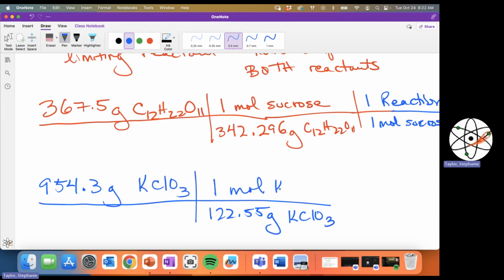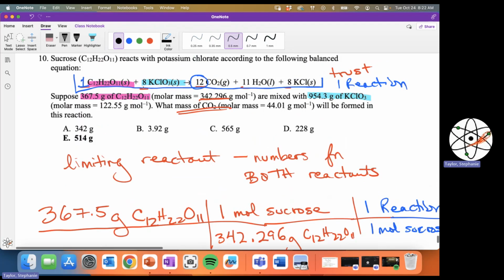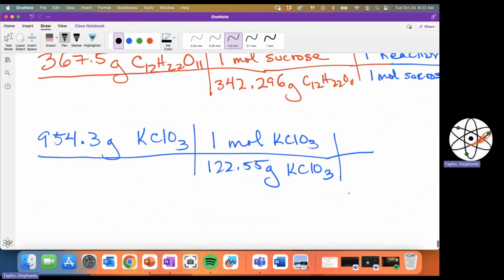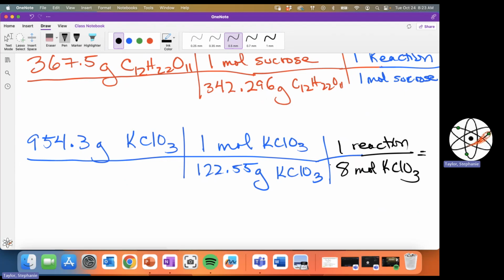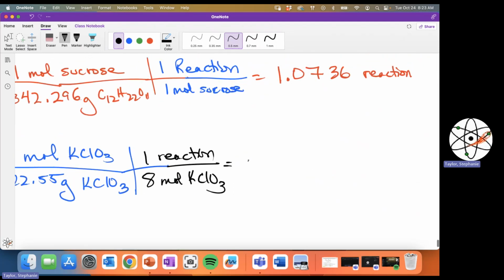In 1 mole of KClO3, and then we are going to use the reactions. So what's my stoichiometric coefficient? It's an 8. So there's 8 moles of KClO3 in one reaction, in one of the whole thing. So if I was going to do this whole thing as reactions or recipes, how many times could I do this whole thing if I have enough of that KClO3? And I wind up with